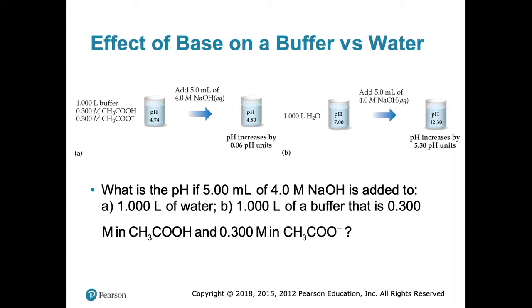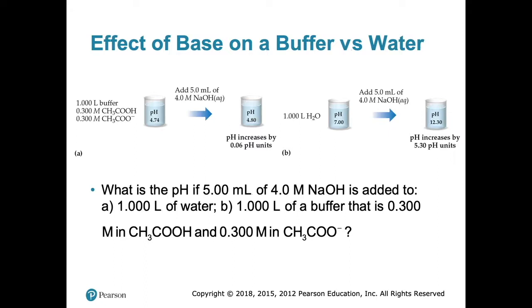And then we have water now. We've got a liter of water, right? Water's neutral. My apologies. Anyway, if we just have water at pH 7 and we add in 5 mL of sodium hydroxide, it immediately increases the pH by like 5.3 units. So you go from 7 pH to 12.3 pH. Sorry, there's a little glare on me. I couldn't read what the number said.